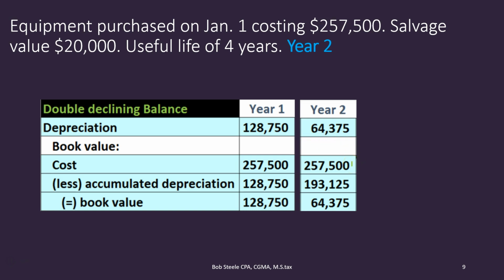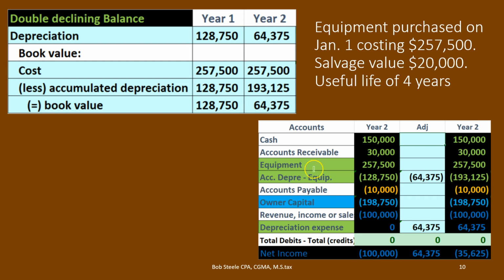Cost is still the same. Book value calculated by the cost less the accumulated depreciation. So the 257.5 minus the 193.125 gives us book value of 64,375. Now, if we look at that in terms of our accounts, we can